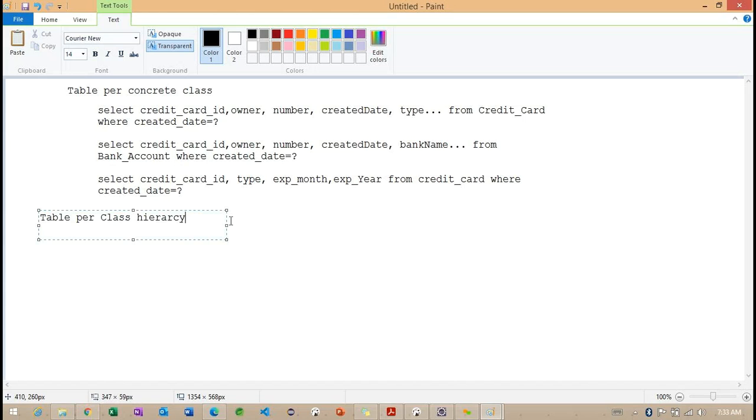So observe here, when we are trying to work with this particular table per class hierarchy, how it's going to work. Basically, when we are trying to work with any entity class hierarchy, it could be mapped to a single table here. Getting the point?